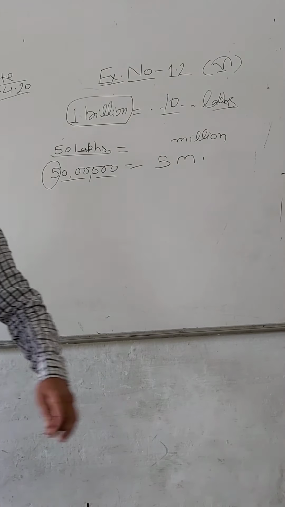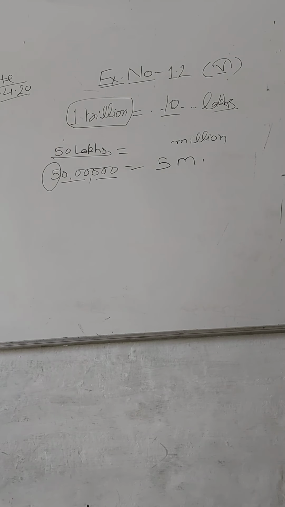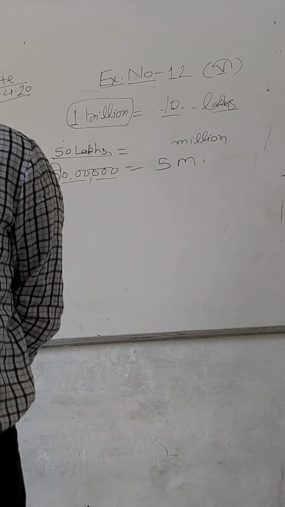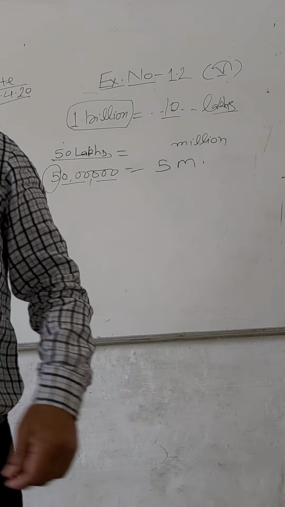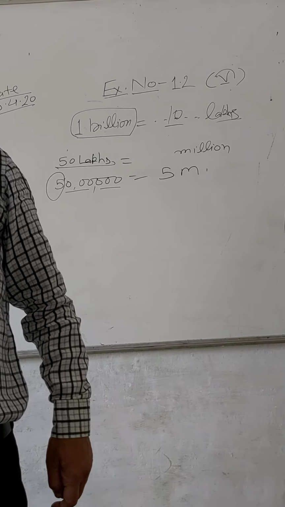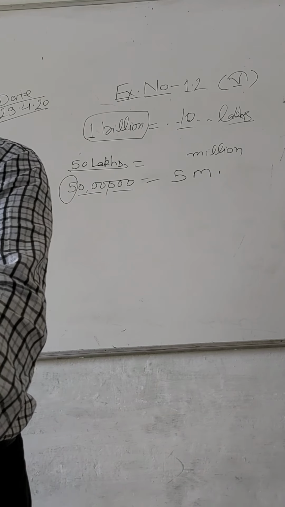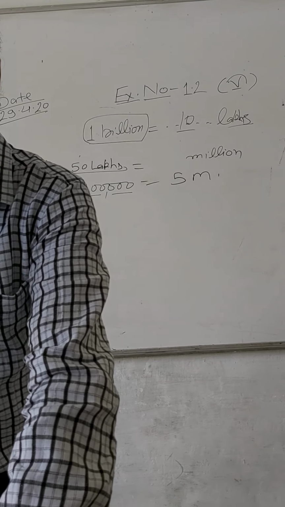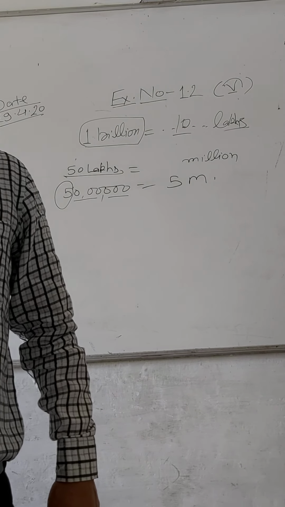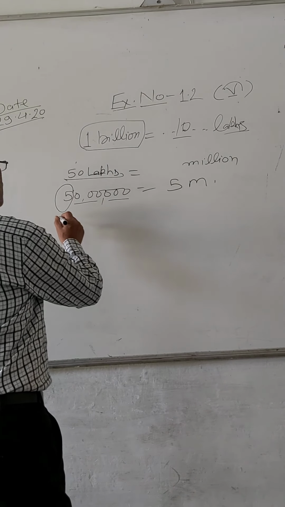So this way you fill the blanks. Different examples are given here. So question number 3 you can read. Question number 4, write the numeral and corresponding name in the international system. As I have told you already, the different names are given. Convert into the number, write the numeral. From the numeral you write the name, from the name you write the number. Write the given numbers and their number names in the Indian and international system. Question number 6 is also for homework.